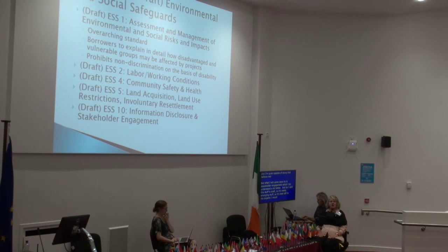But stakeholder engagement, who have they engaged with? Where are the borrowers getting informed from? How is that being informed by key stakeholders? Key stakeholders we would see as being DPOs, and that being local DPOs that understand the issues for that local community and what will be the impacts, what are the barriers, how the project might assist that local community, but also how the project may have a negative impact on that local community. And so it's an understanding from the local level, but also from a disability specific level.